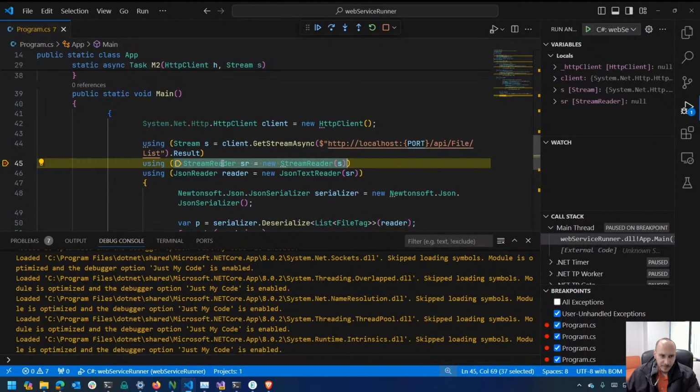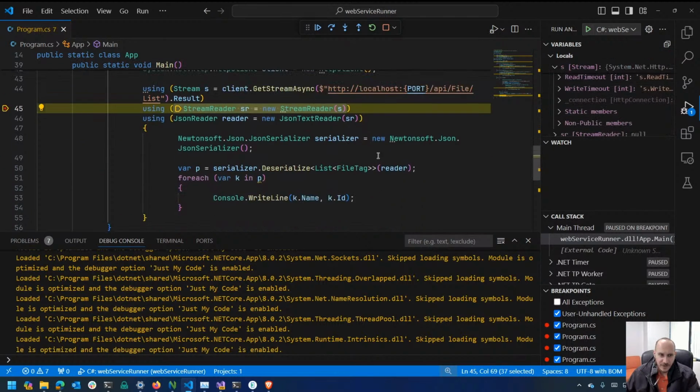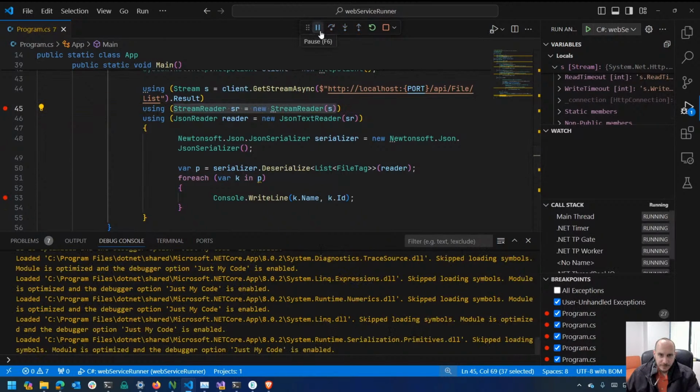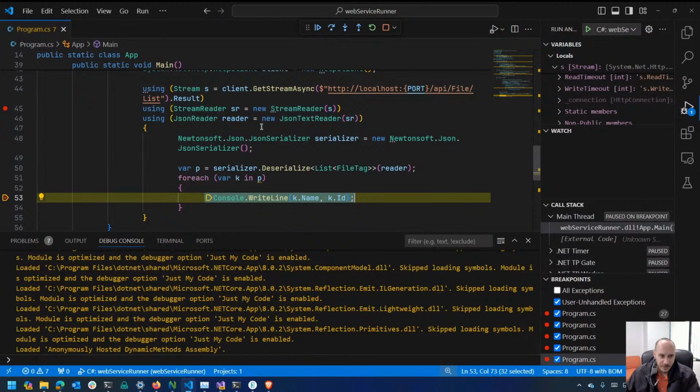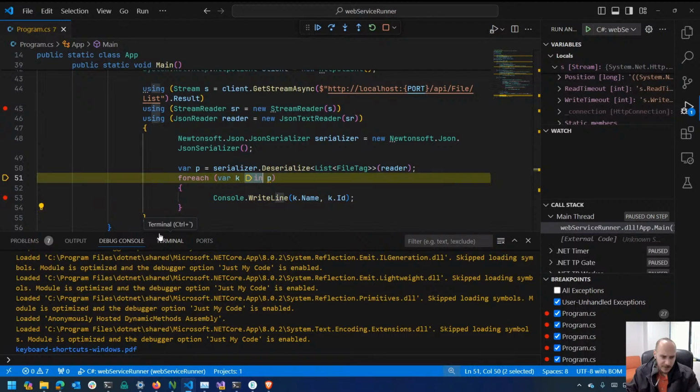Basically, we've already gotten the stream, and the stream is non-null and has a bunch of objects, and here it's calling the list controller, and that's a list of file tags. So if I continue to the next breakpoint and go to F10, we list here at the bottom the names of the files that we actually have in our uploads directory. So we actually are getting a list of